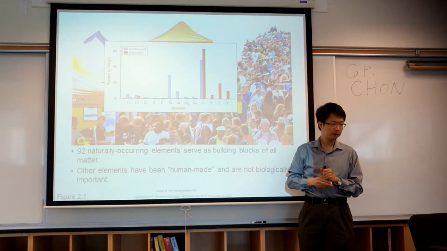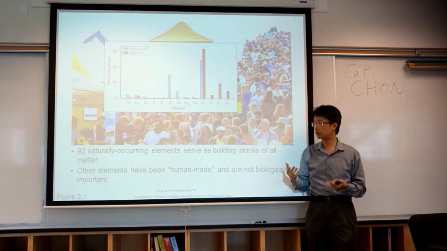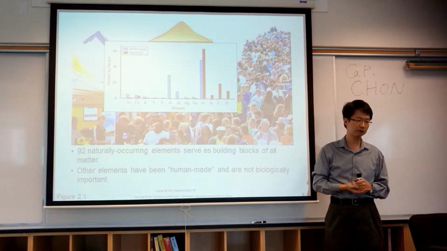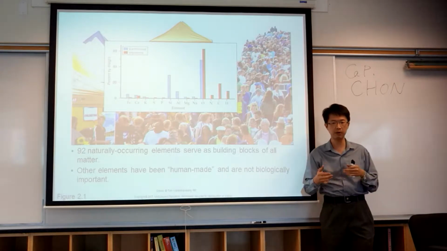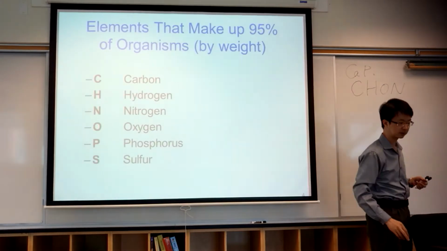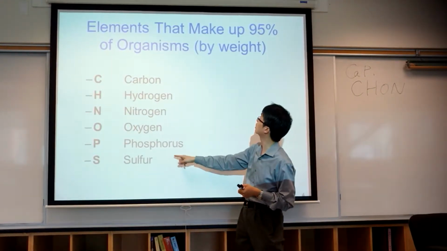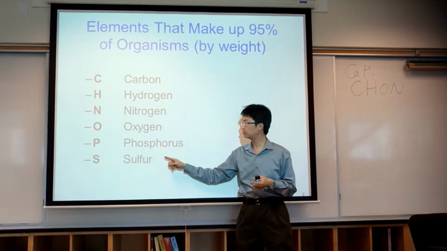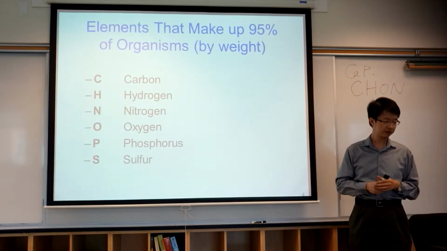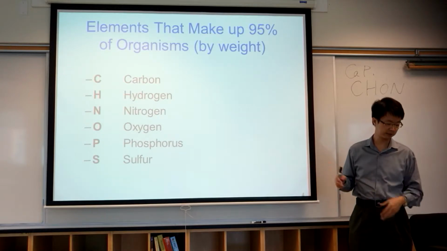But the reason is that calcium and phosphate you can find in the bone. That's why calcium should be more abundant than sulfur. Sulfur you can find in your hair. It forms disulfide bonds. So as you can see, in the text it said that sulfur is the sixth most abundant element, but according to the graph, it is calcium. So in the exam, if I ask you the six most abundant elements, I will take calcium as the correct answer.